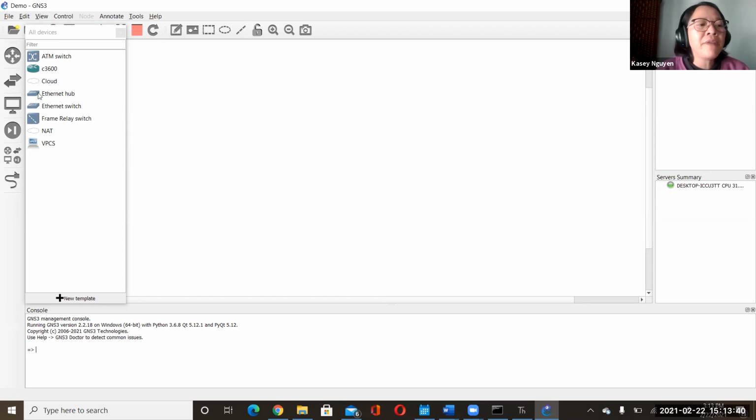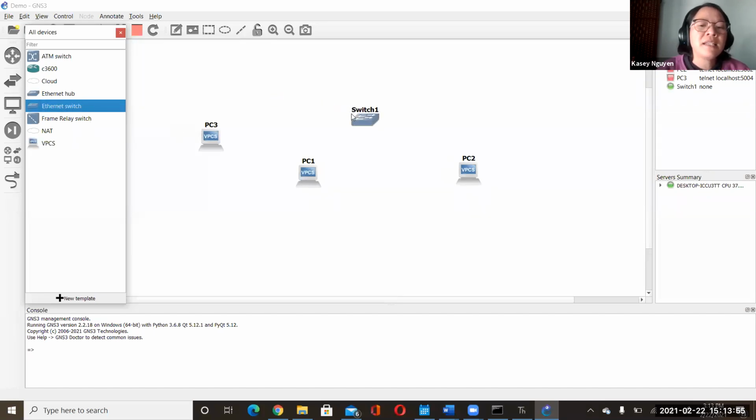So let's say that if I wanted to add a computer, I just drag it in here, and then I can simulate a network. Let's say I have a small network with 3 computers. And then I have a switch, and that's at the low level.